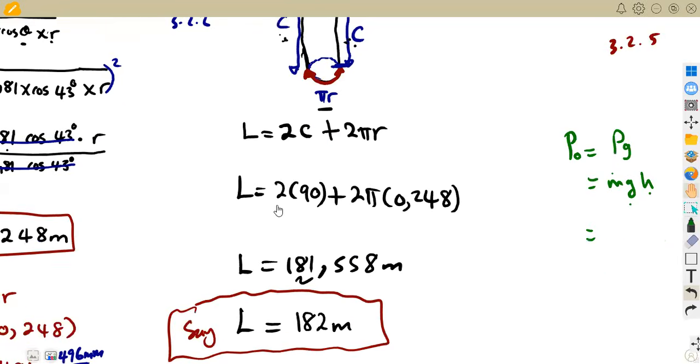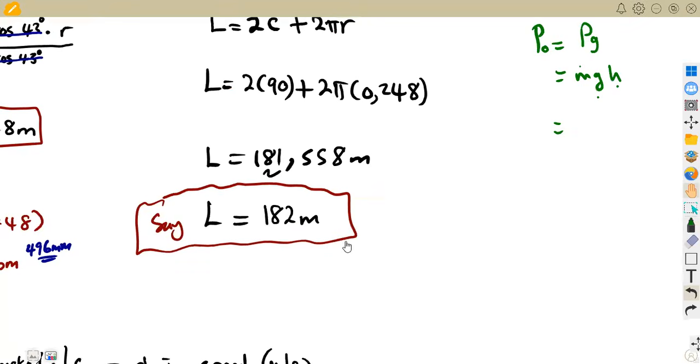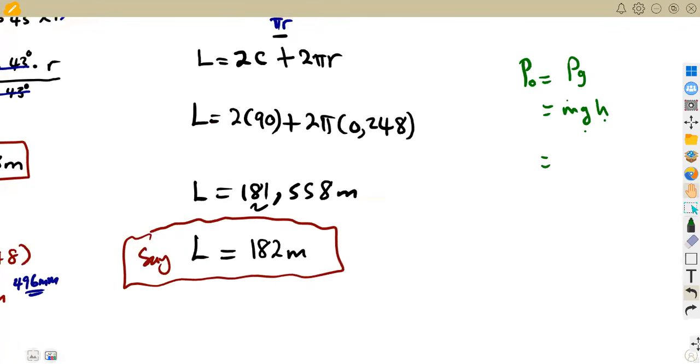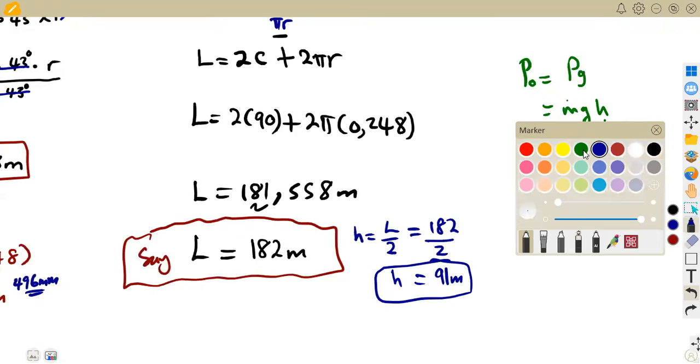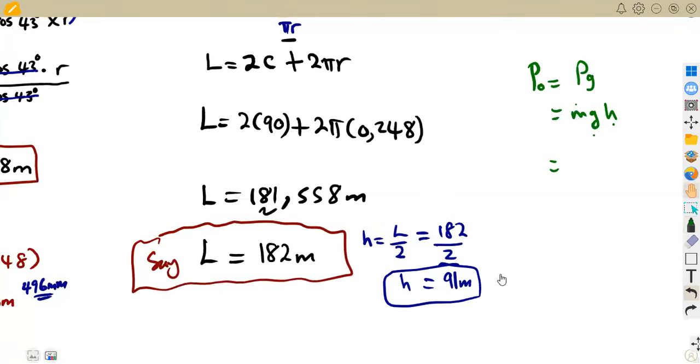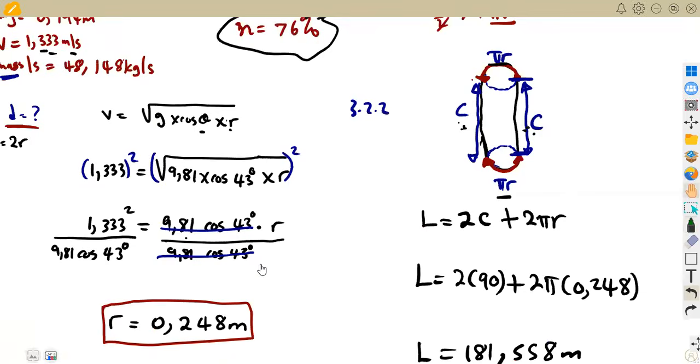So the height is taken from the L that we calculated here. From the L that we calculated, it follows that the height is equal to L over 2. So that's 182 over 2, which is going to give us 91 meters. So we have the height. So we are going to use this information, the mass per second, in kg per second, which is